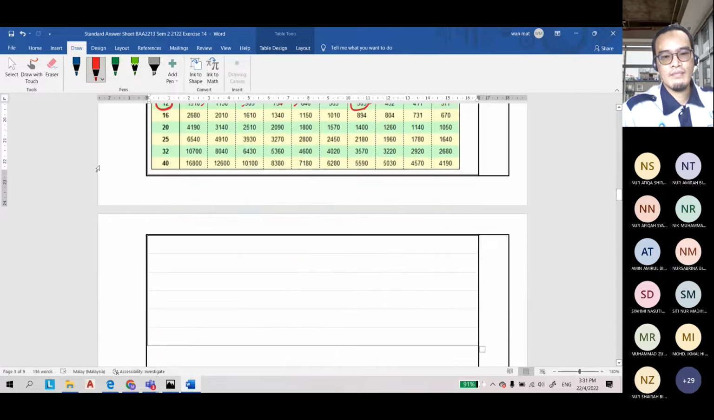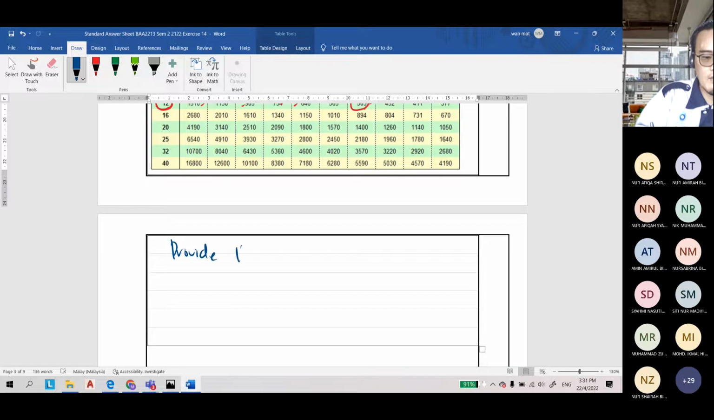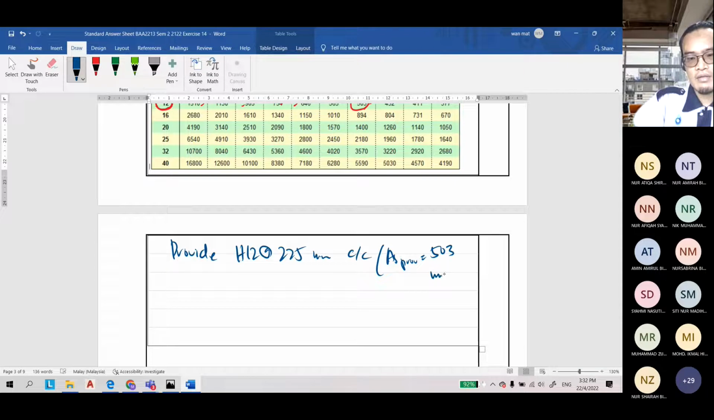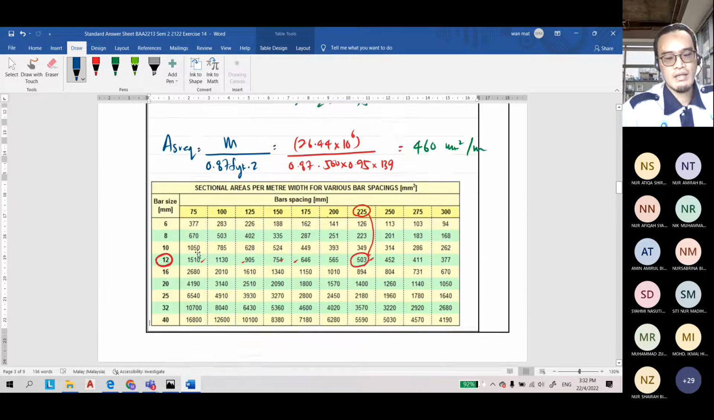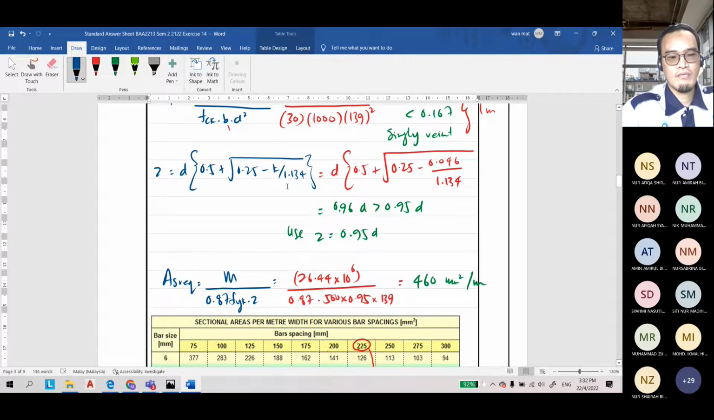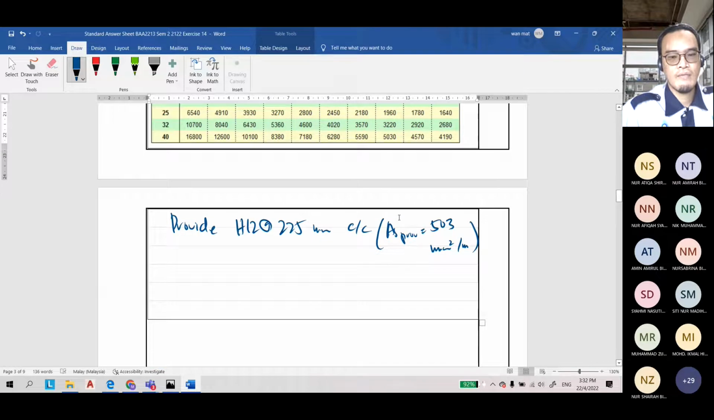Okay, so you provide H12 at 225 mm center to center, which will give you As provided equal to 503 millimeter square per meter run. Another 1 mark here. This is 1 mark for z, 1 mark for As required, 1 mark for As provided. Very simple. And then you have to check